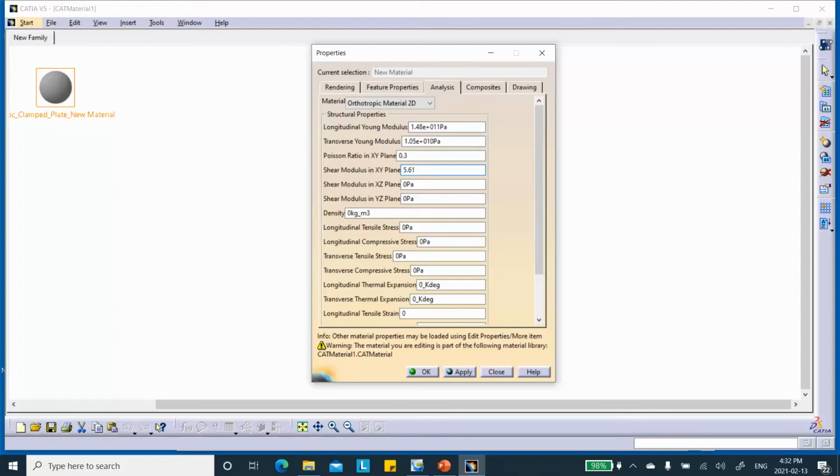5.61 big G, big PA, okay? And then same thing here, 5.61 GPA, and 5.61 GPA. Now, I don't need the density here, but in the next problem, or next video, that